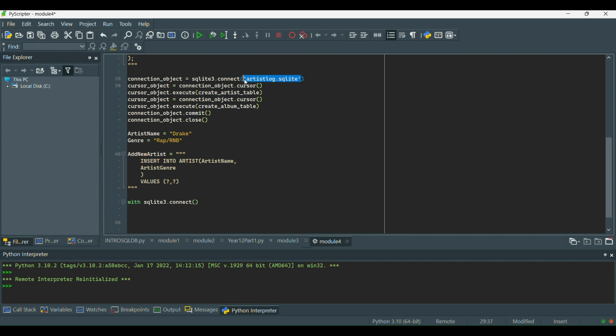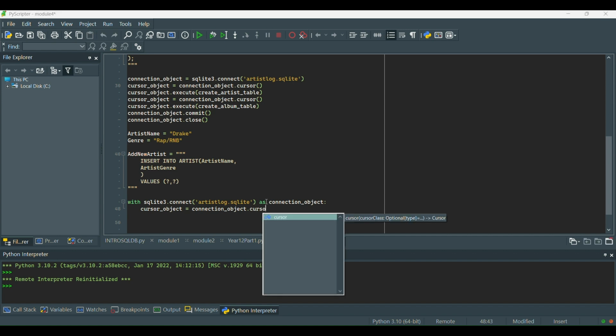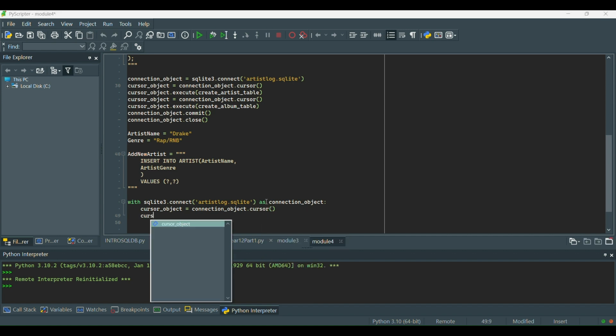This way I know that I'm doing it right. So I've connected to the database, and I'm going to say as connection underscore object. And I'm going to say cursor underscore object equals connection underscore object dot cursor,